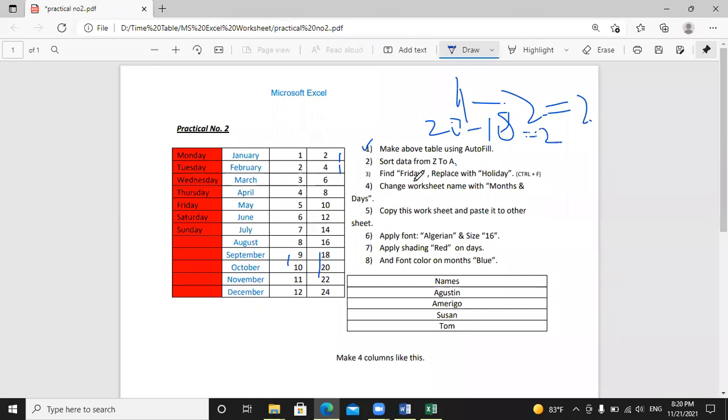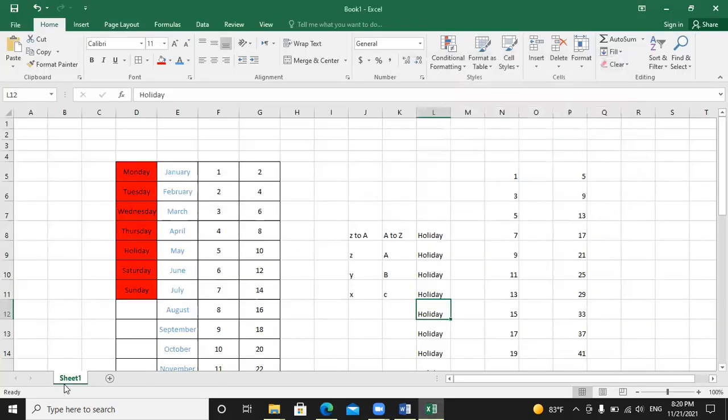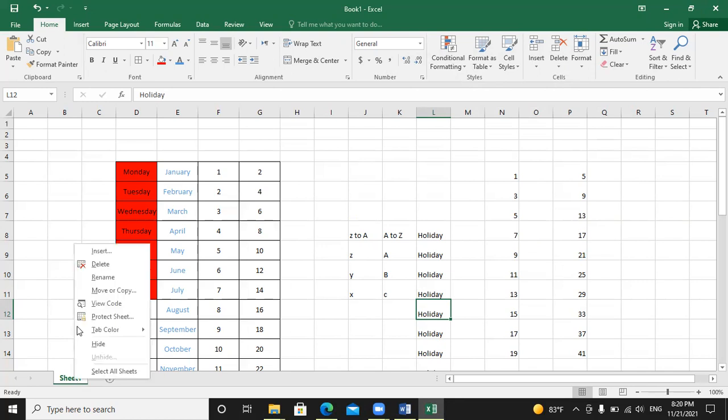After that, we have to change the worksheet name to Months and Days. So how can I change the worksheet name? Here you can see down here is the sheet name, and I want to change it to a new name. Just right click and Rename. This is one option.